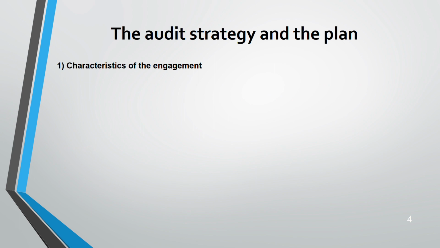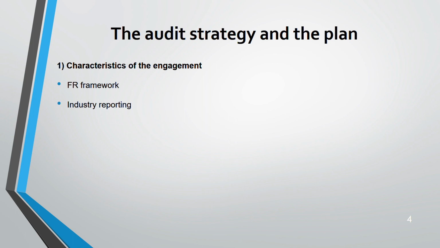Now, starting with audit strategy. First thing that you should know about this is the characteristics of the engagement. Any engagement will have a financial reporting framework, because without financial reporting, you cannot carry on an audit. That's why, if you are planning to sit AAA, make sure that you finish your SBR first. Why? Because you need your financial reporting knowledge to do your AAA exam. You'll be tested on that knowledge as well. So the financial reporting framework, every audit has this.